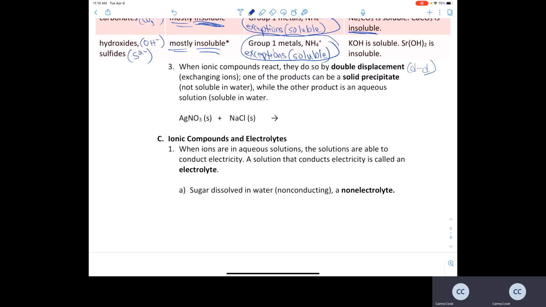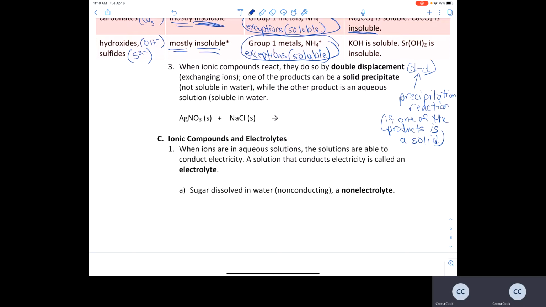When this type of double displacement reaction, which we also call a precipitation reaction, has one of the products as a solid,